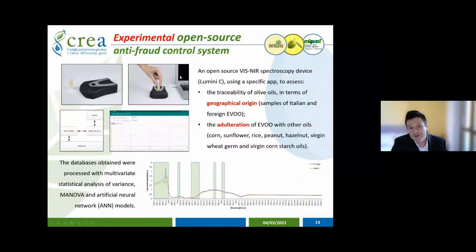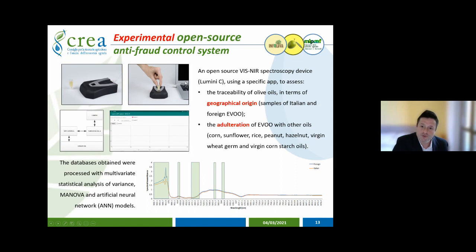This is another action we are undertaking. Corrado just cited it as well. It regards the development of a new naked sensor and an app to correlate nutritional values of oil, and to make detailed analysis with a low-cost spectrophotometer. It operates in the Vis-NIR range, a specific hub has been developed, and we are applying multivariate statistical analysis and ANN models as well,